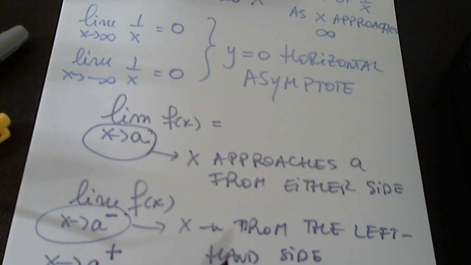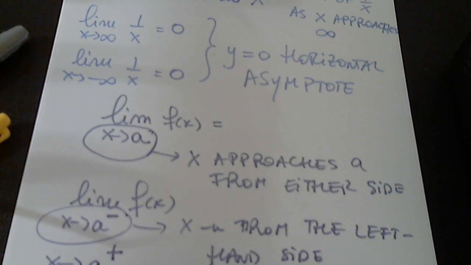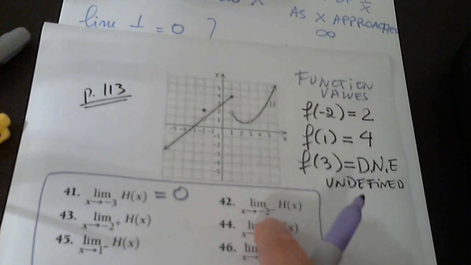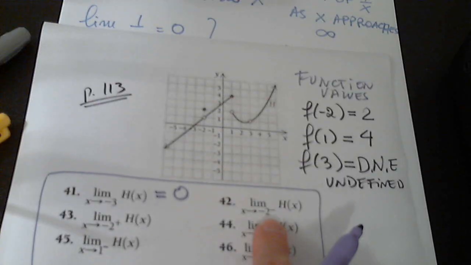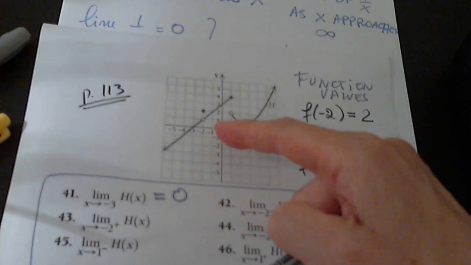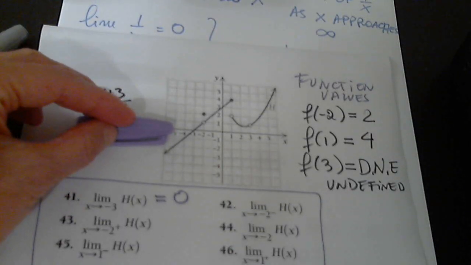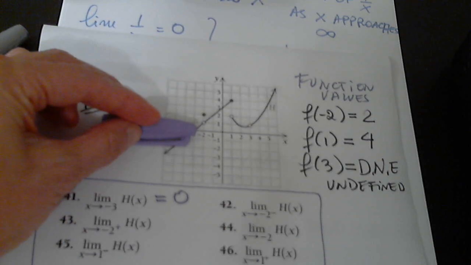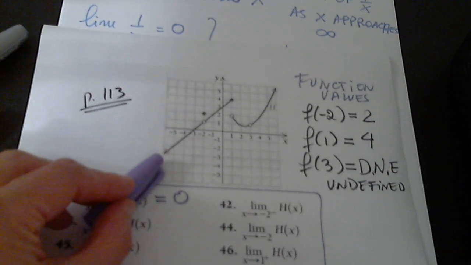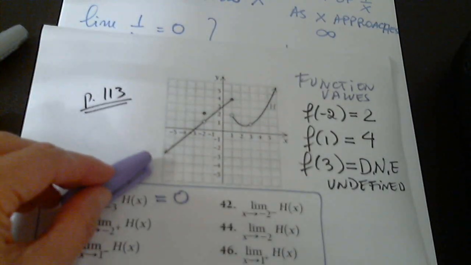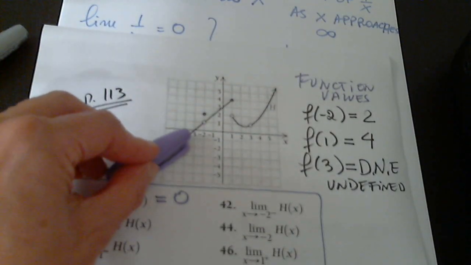X approaches a, value a, from the right-hand side. Okay, coming back here. Limit of h of x as x approaches -2 from the left. So here's -2, and here's from the left. The x values are getting closer and closer to -2. Now the function values. So x approaches -2 from the left, and the function values get closer and closer